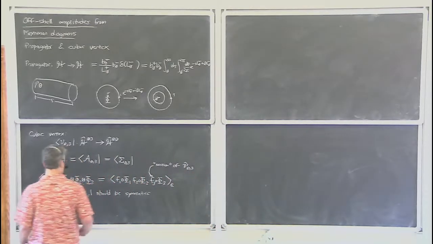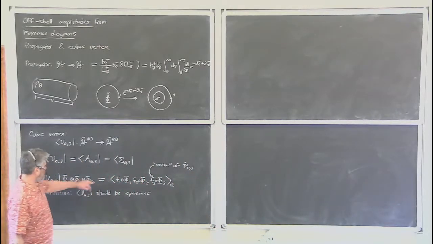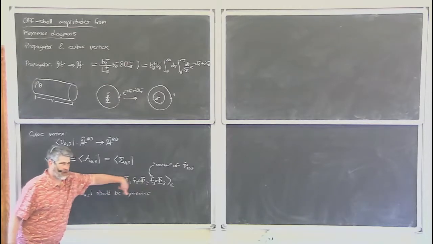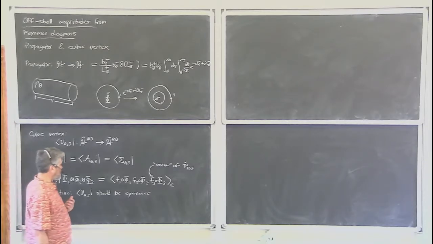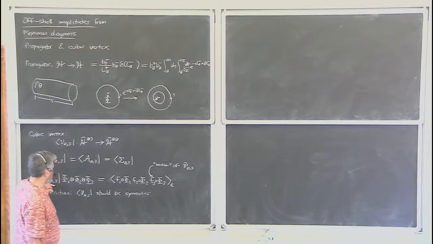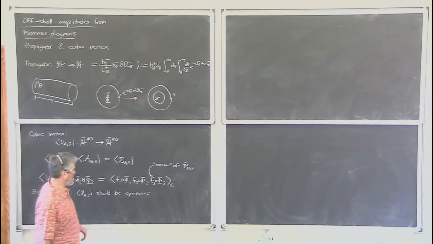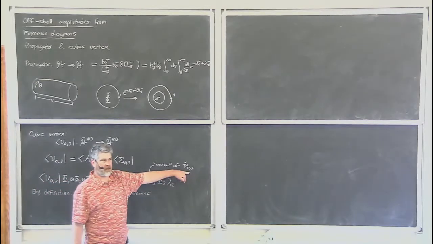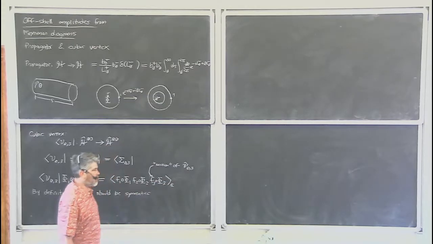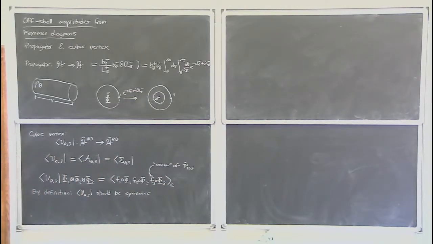So we should write 1 over 3 factorial times all the permutations of these correlators here. But this kind of resolution is not typically considered ideal. And the reason is that effectively V03 is specified by 6 distinct sections of P hat 03, and it's considered inconvenient